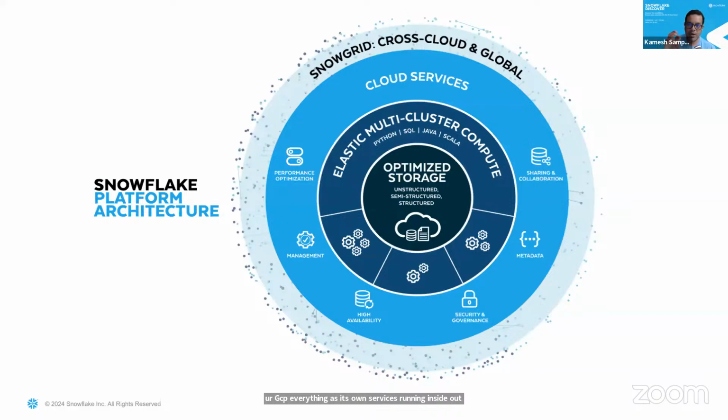We support the multi-cloud setup using SnowGrid. Meaning, I can pick, let's say, S3 from AWS, and I can pick Azure for compute, just as an example. Then we can combine these two things and have them talk with each other without your service getting disturbed. That is, again, a very cool feature that Snowflake offers you.